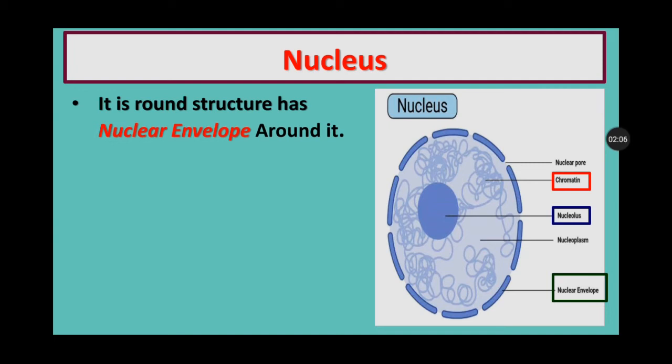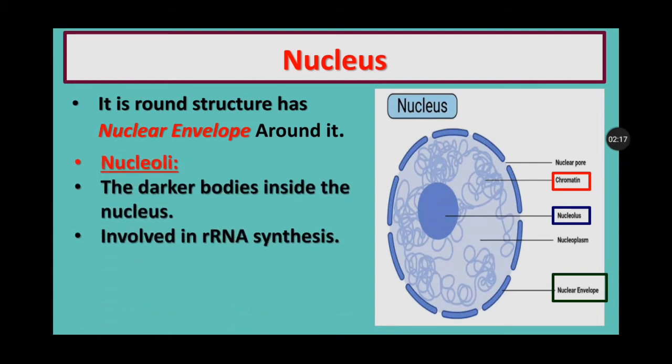As you can see, this is just the structure of the nucleus. It has a nuclear envelope. At the bottom of the picture you can see the labeling of the nuclear envelope. Then nucleoli, or nucleolus, which is a darker colored body present inside the nucleus. As you can see, this dark colored body in this picture is mentioned as the nucleolus, and it is